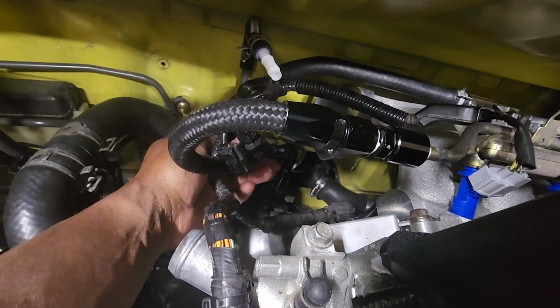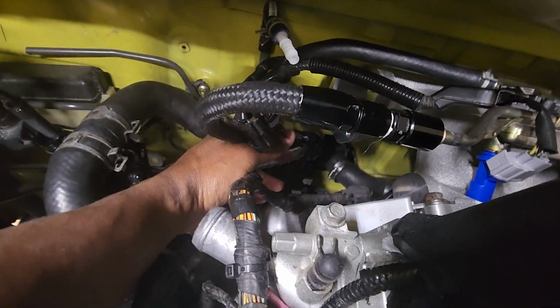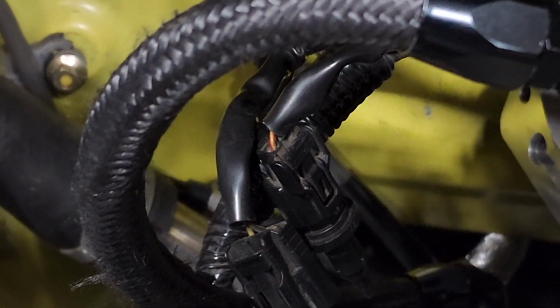All right, so I had to pop this one off and swap them. Apparently the longer straight route coming up under the bottom of this intake manifold down here just wasn't working. It's kind of hard to show that. Let me see if I can zoom in a little bit. It's a little too dark, but yeah, I had to get that bend right there, under the intake manifold. So the good thing is I'm not using the idle air control valve, so under the throttle body I'll have the space for this bend and we'll be good to go. I just gotta make sure that this isn't kinked, but it is kind of tight. I wish the line was a little bit longer, but